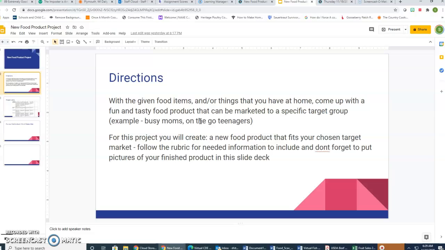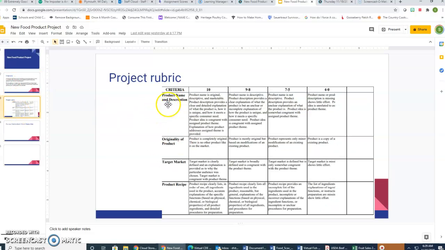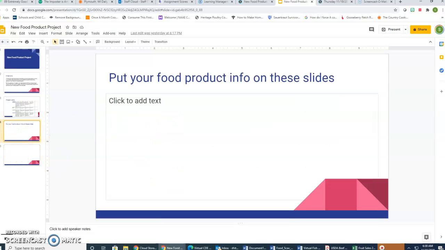So for the project, you need to figure out what you're gonna do first of all, and then who your target market's gonna be is probably the next thing to do, and then follow the rubric here. You need to create a product name and description. Originality of the product comes from the picture that you provide of your finished project and your description. Target market and what the recipe is, and you can go ahead and put that info into these slides and